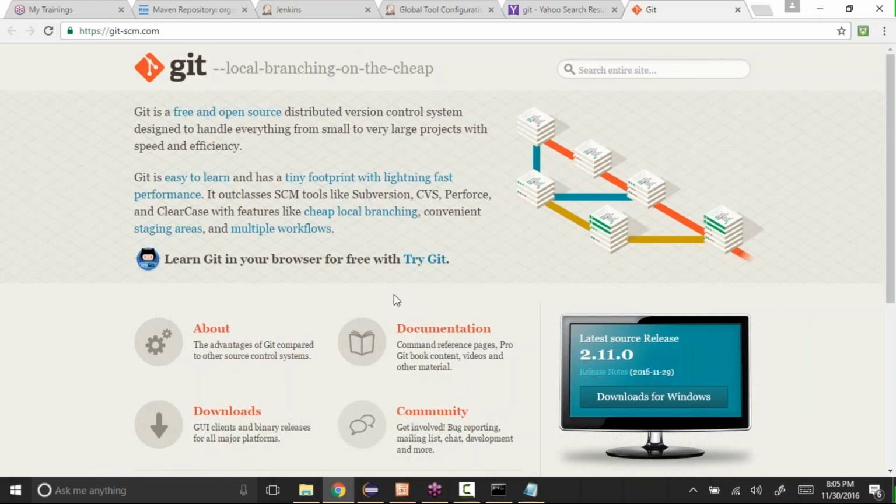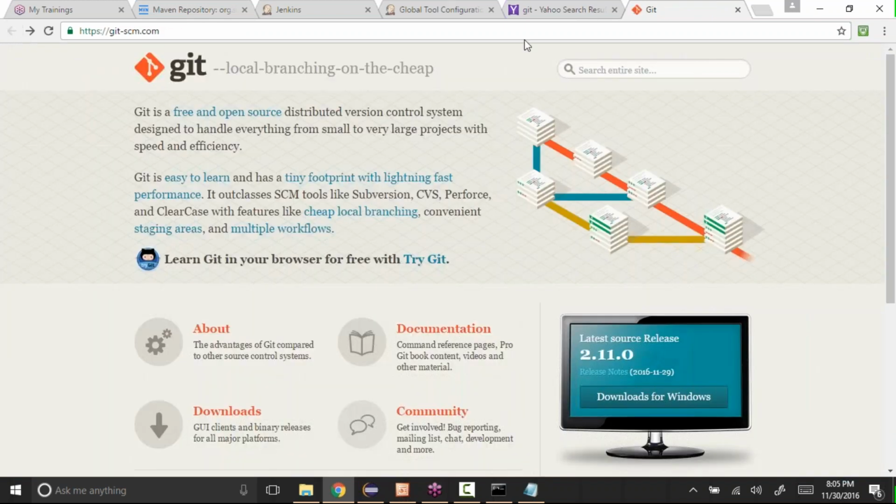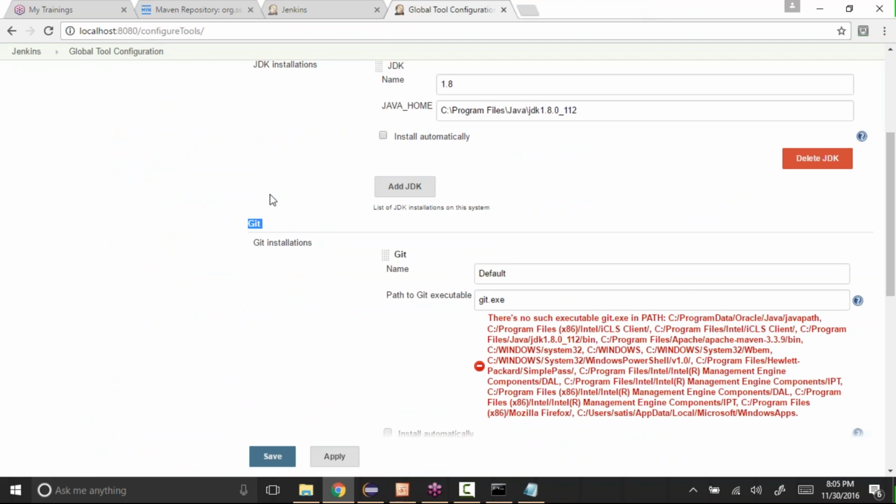You can create an account and keep your code there instead of keeping it in your local. We need to create a user and then we can store our code here. Generally we'll not do it because in companies they will have their own version control system and they store it in their local systems itself.